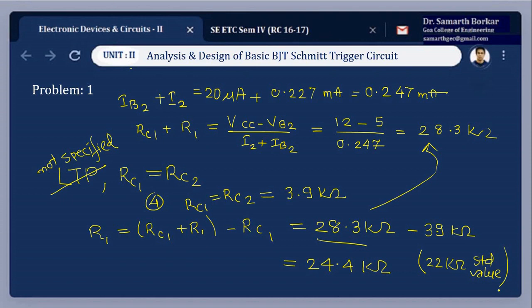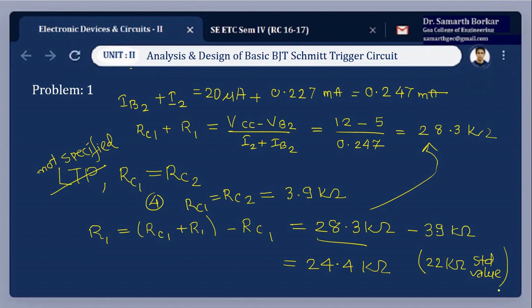Now in the problem statement it was given as 5 volts for UTP. And for this 5 volts of UTP we were getting different values for the components. Like for a resistor it was, say for example, 2.1k, we used 2.2k, the nearest value. Similarly here the value of R1 was 24.4 kilo ohms, so instead of that we are using 22 kilo ohms. Now it so happens that since standard value components have been selected for the above design, the UTP will not be exactly as specified. So practically we are not going to get 5 volts as per the design.